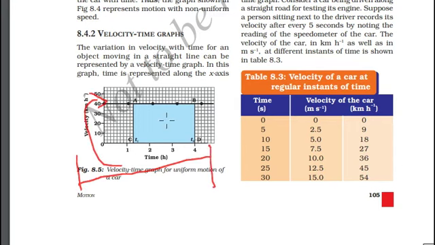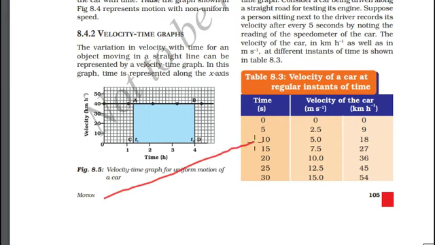The motion of an object is along a straight path. During this motion, we calculated a graph between velocity and time. We can notice an object is moving at a constant velocity of 40 km per hour. For any given instance of time, the velocity of the object is 40 km per hour. For the first hour, second hour, third hour and fourth hour as well, the velocity is always 40 km per hour.